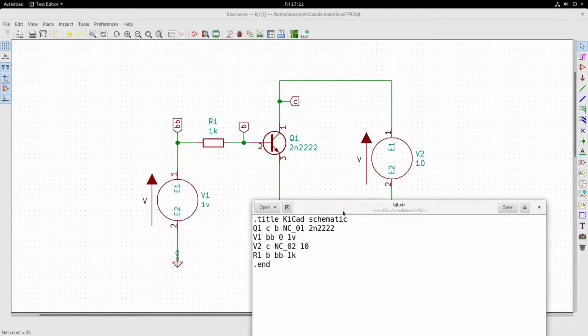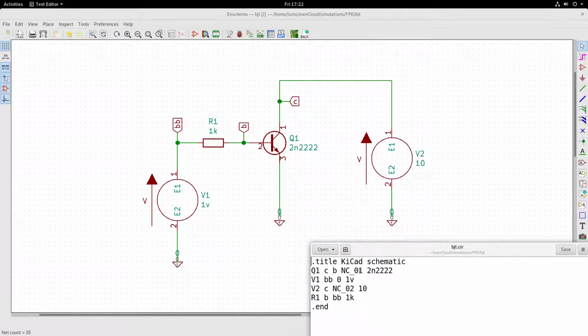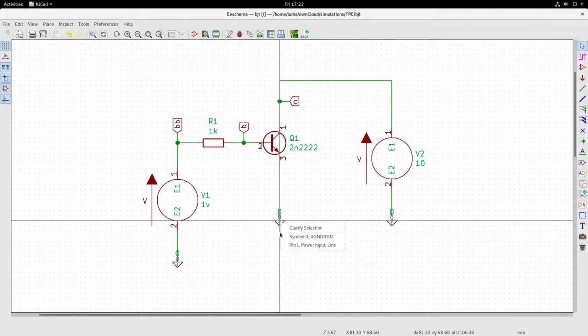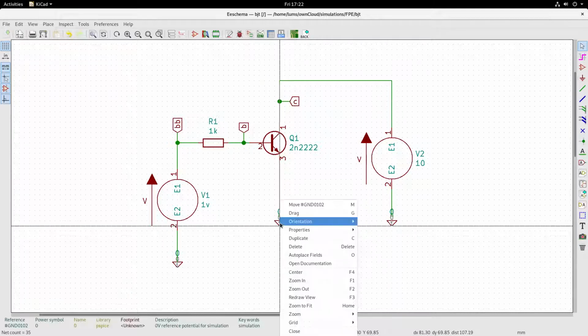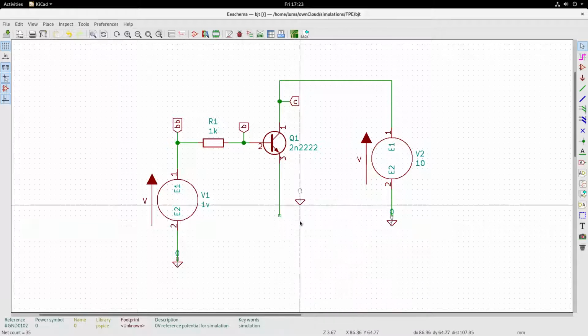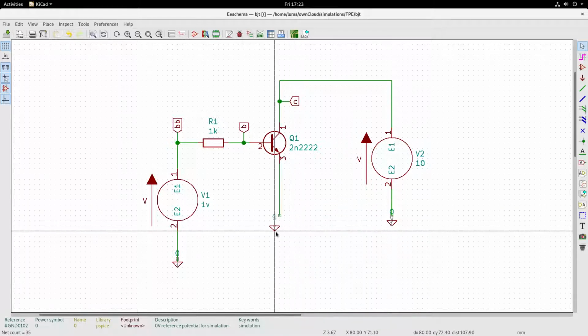So we see here Q1, this is Q1, collector, base, and NC01 is this one, which means that this is not connected properly. It has to be 0. Let me move this. Yeah, it is not connected properly.